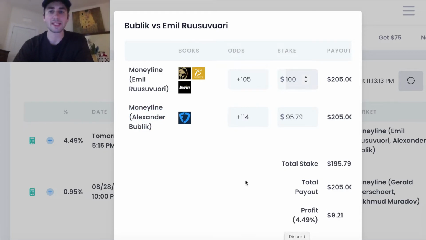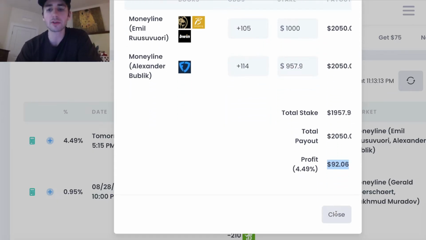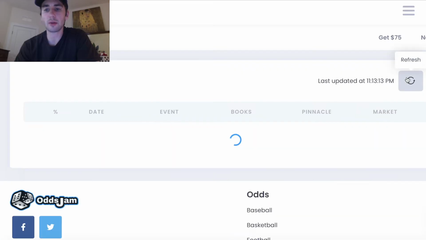And we can see here the OddsJam arbitrage calculator tells you exactly how to keep your risk-free profit the same. So let's say our bankroll on BetMGM is, whatever, $2,500. If we're able to place $1,000 on Emil, and then on FanDuel it tells us to bet roughly $250, we'll earn $92 in risk-free profit. Arbitrage can earn you some serious dollars, but it does come with flaws. So we'll talk a little bit about all of this.